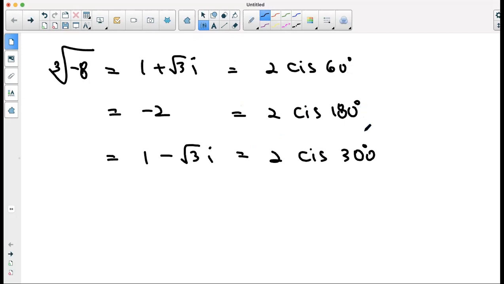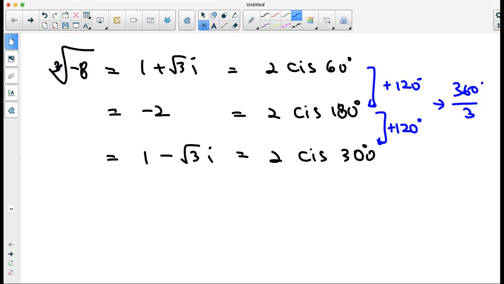And then we got these two by adding 360 each time, but we have to divide by 3. So you get to realize that each time we are increasing by what? 120 degrees. And of course, you can see that 120 degrees is in fact coming from 360 divided by 3. Why dividing by 3? Because cube root. Now,